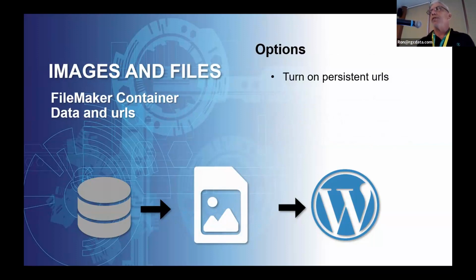So when you reach out to a FileMaker database and you pull that PHP array of data from FileMaker, what it gives back for the container field is a URL that points back to that container field. But it's a secure URL. And right out of the box from a FileMaker server, you'll find that it's impossible to display an image in